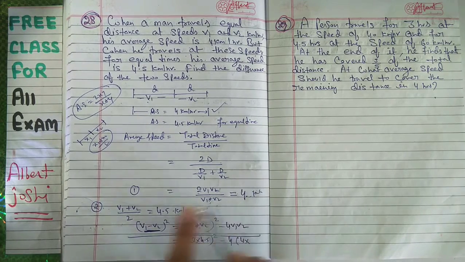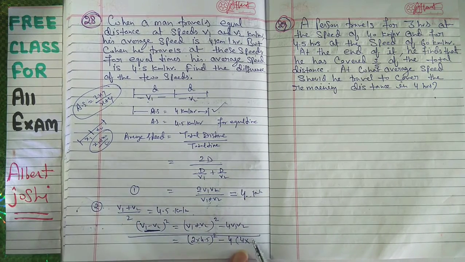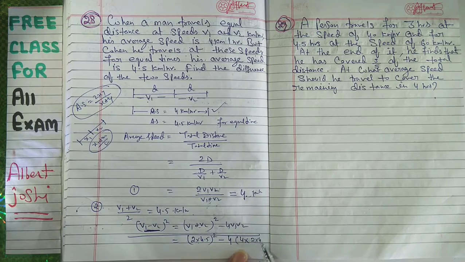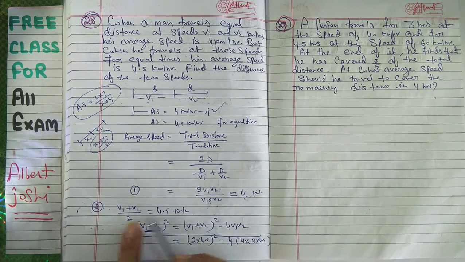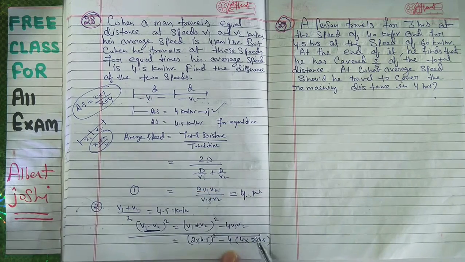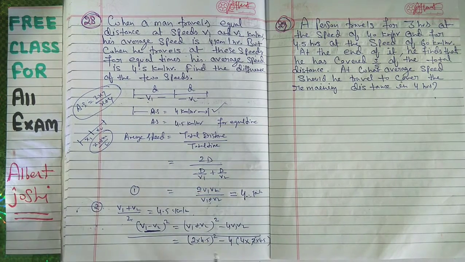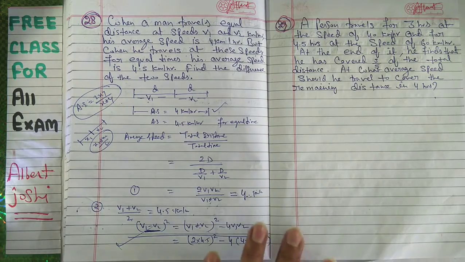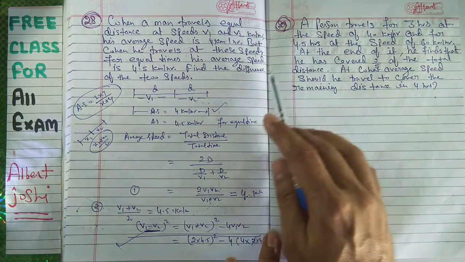This value will come here. So this is 2 into 4 into 5 into 4, but this is 2 into v1 v2, so the 2 will cancel. So your value is this. If you calculate, then the square root of this is equal to v1 minus v2. Very simple. Now the next question, I will not waste time because this video is very long.